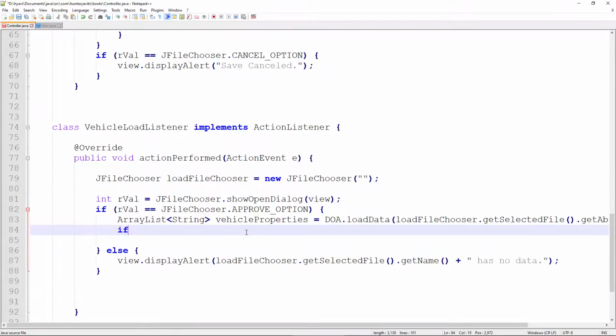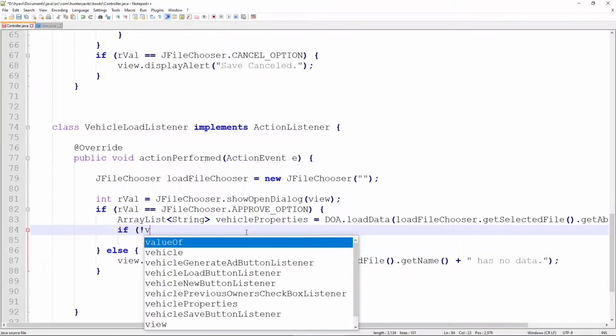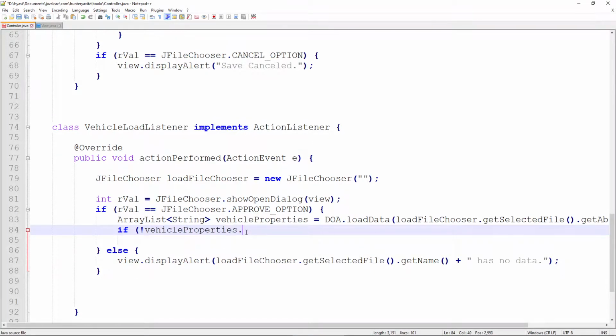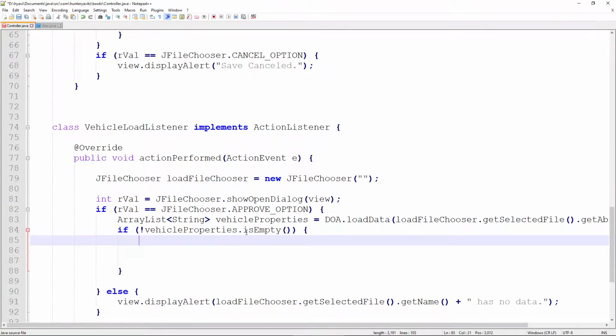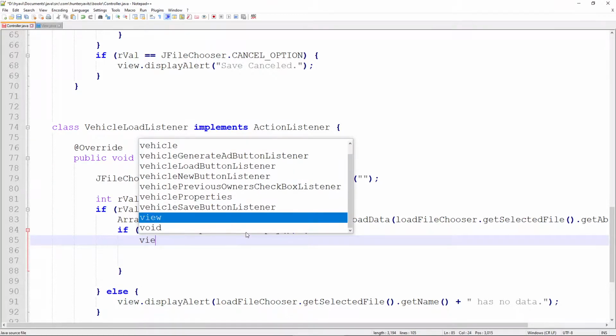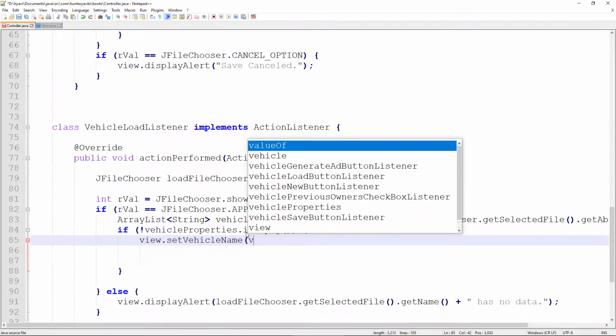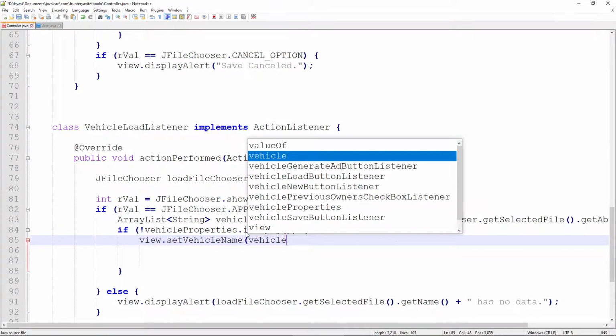So now, let's check to make sure that the vehicle properties is not empty. So we use the bang and say vehicle properties is not empty. And in the case that it's not empty, which it shouldn't be, we will then go through every single view object and assign it using its setters in order the properties of that vehicle. So we'll go view dot set vehicle name. It's going to be equal to vehicle properties